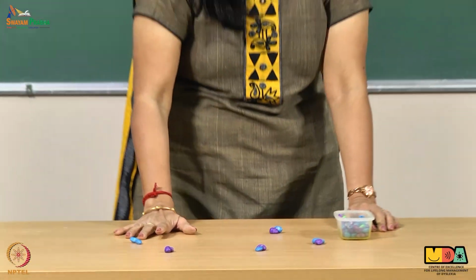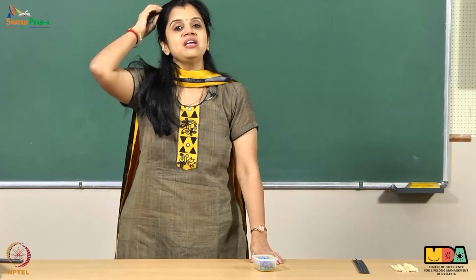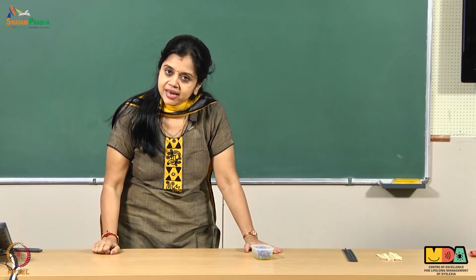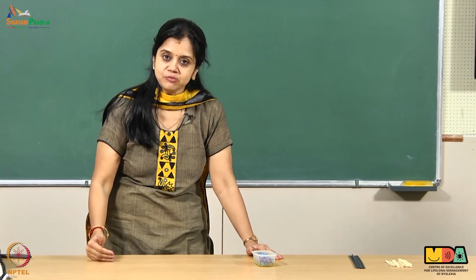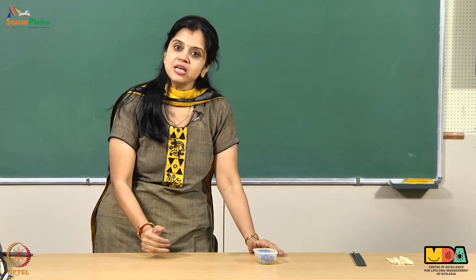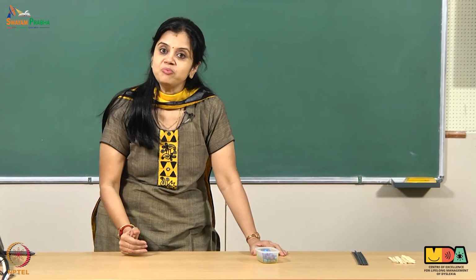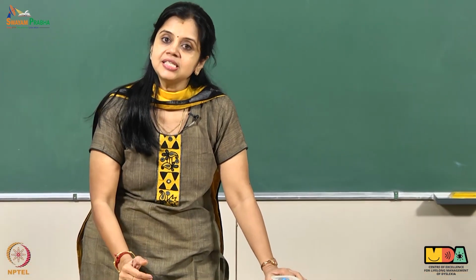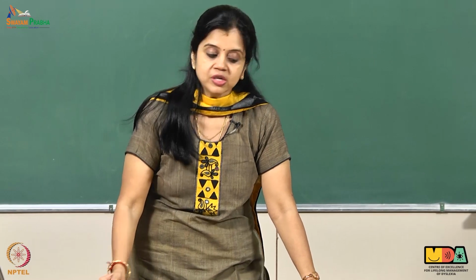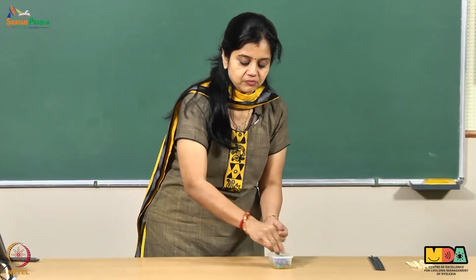Now, just in case you want them to find out the quotient and the remainder, when you divide 11 by 2, we need to make them understand that when you ask them to divide a number, there will be a quotient and there will also be a remainder. So, let us just take the number 11 and let us ask them to divide it by 2. So, they take 11 coins,